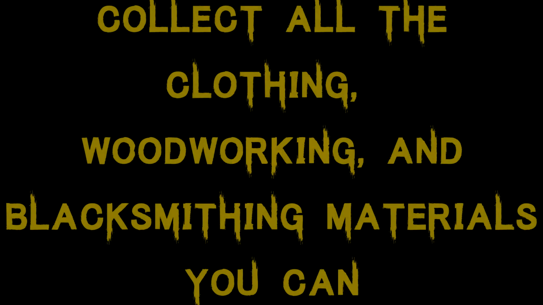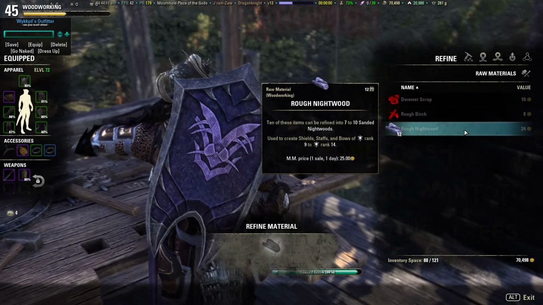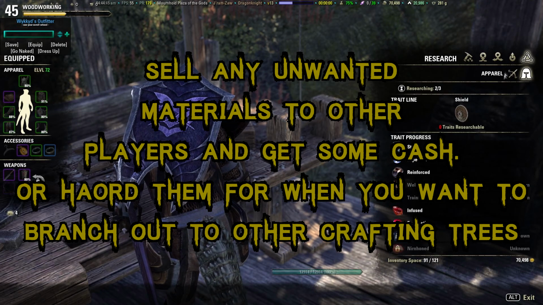Collect every crafting material you can, and by this I mean the 3 main crafting materials, which are clothing materials, woodworking materials, and blacksmithing materials. Even if you decide to just be one sort of crafter, like a blacksmith or a clother, collect all the materials because then you can sell them later on to get some money, or you can build them up so